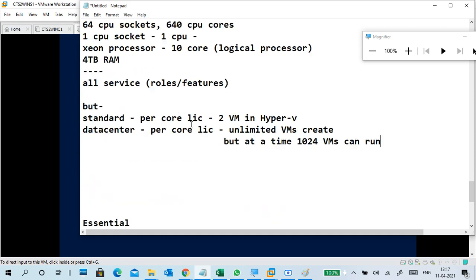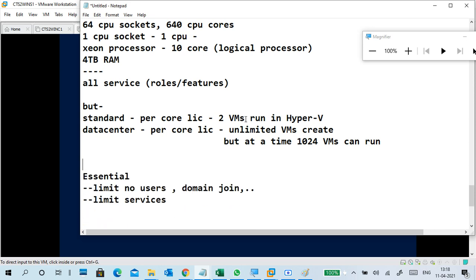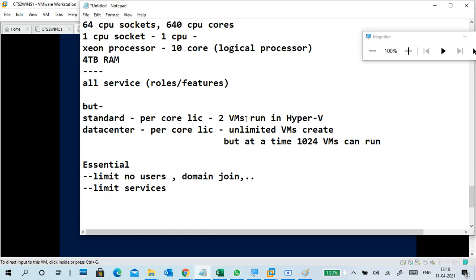Here we can run only two VMs. How many can you create? You can create 4 or 5, but only two VMs can run per license. If you want 4, then you have to take 2 licenses. Data center allows unlimited virtual machines. So that is the difference between these editions.